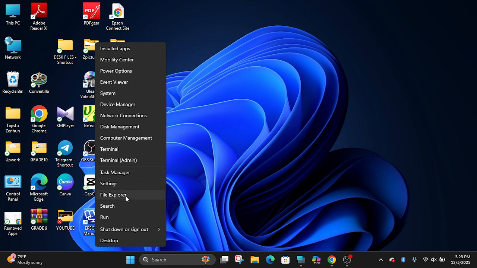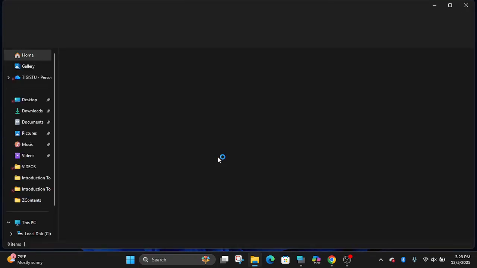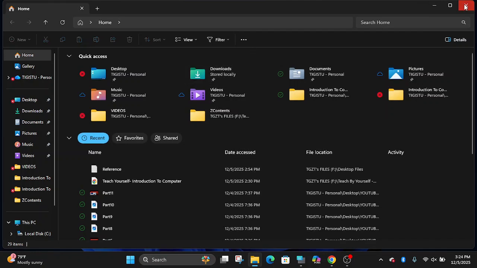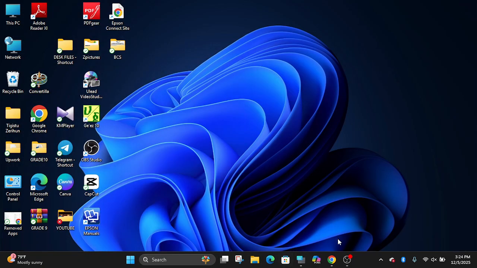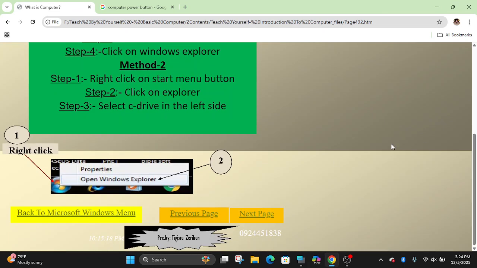Therefore, here is the File Explorer. Our goal is to open File Explorer using the right click on the Start menu, the right side of the mouse button, then File Explorer. Knowing all the methods helps us. If one of the methods fails, we can use an alternative way. After knowing all the methods or options, we have to choose the right one that saves our time, the shortest path. But we have to know as much as possible, including the simple methods.